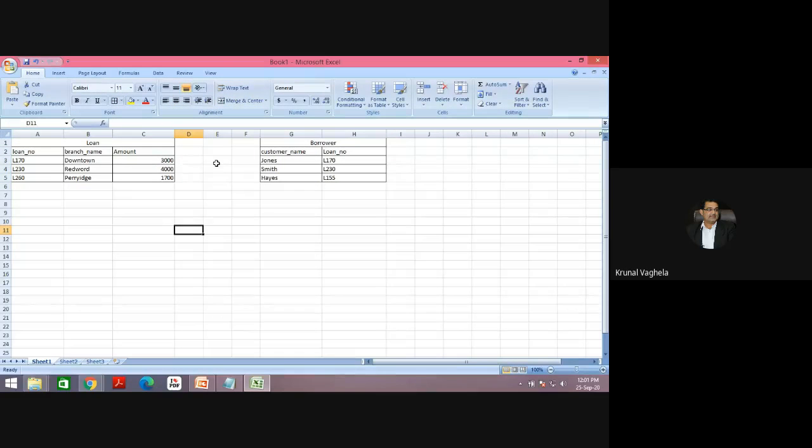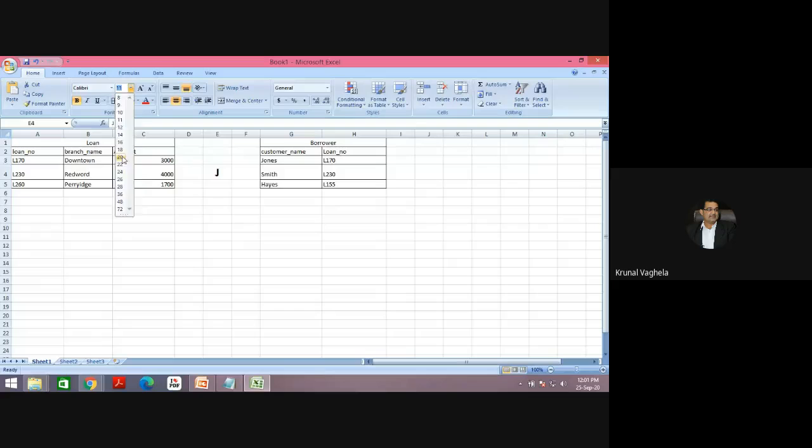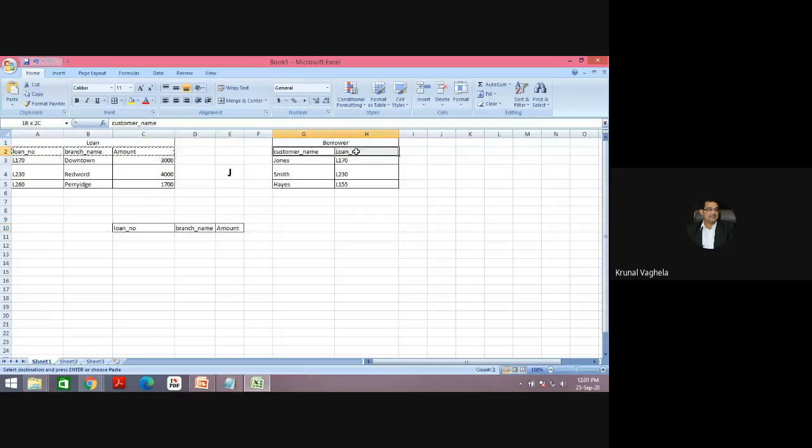Now consider I want to perform a join of both of these. So in the join operation, what will be my result? All the columns of this and all the columns of this.